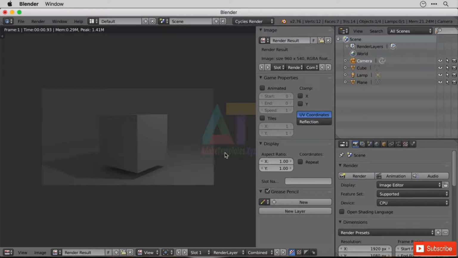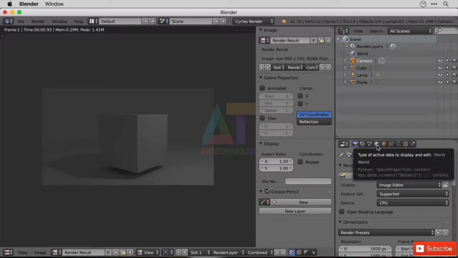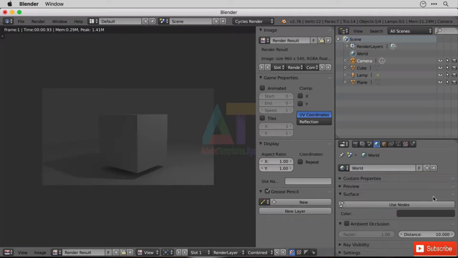Now, in order to add a skybox, there are a couple of ways of doing this, but the way we're going to do it is actually add an image to the world around. So, looking at that, we're looking at something called the world. So, in the properties tab over here, there's a picture of a little world. And if we click on that, it gives us a series of options. Now at the moment we are focused primarily on where it says surface,